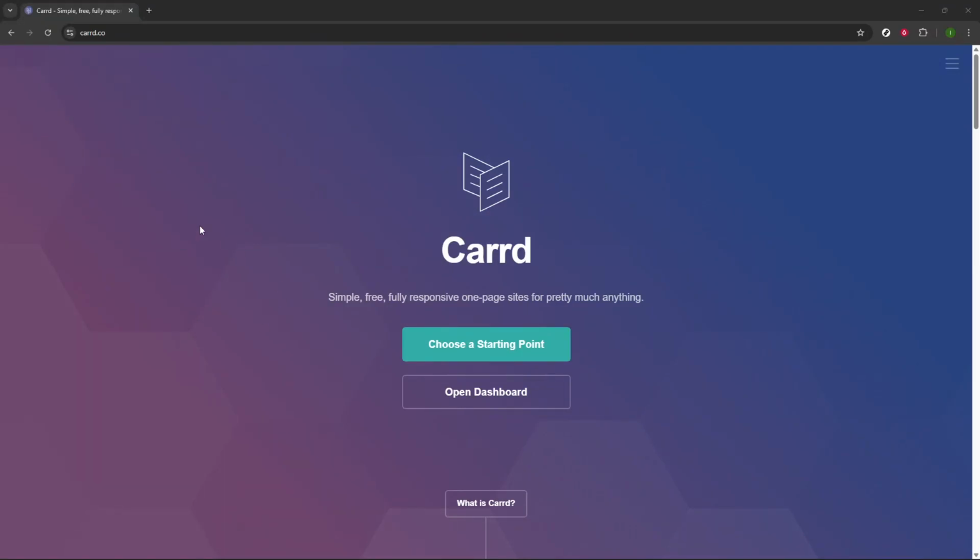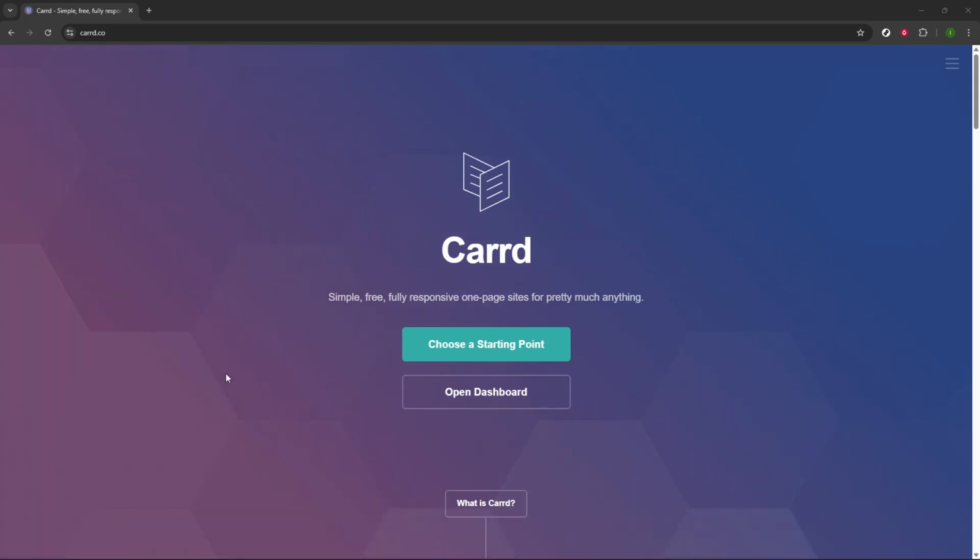In today's video, I'm going to teach you how to add multiple pages in one card website. If you've ever wanted your card site to feel like it has separate pages, like Home, About, or Contact, while keeping everything in a single project, this is exactly how to do it. We'll use a built-in feature called a section break to split your site into page-like sections, then link to them